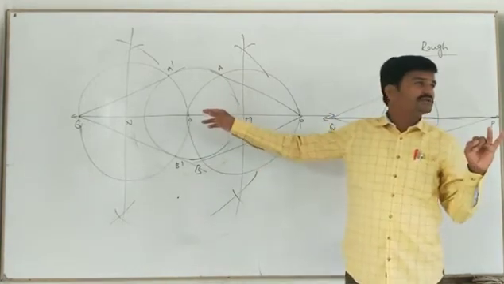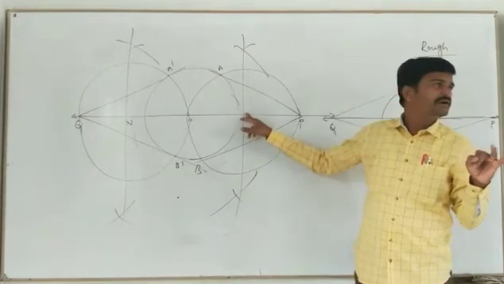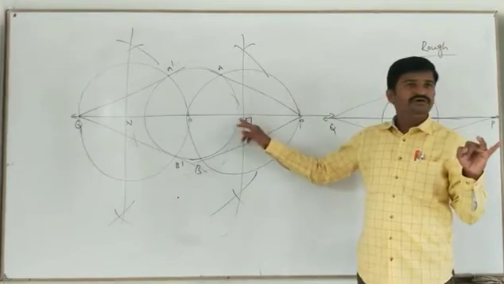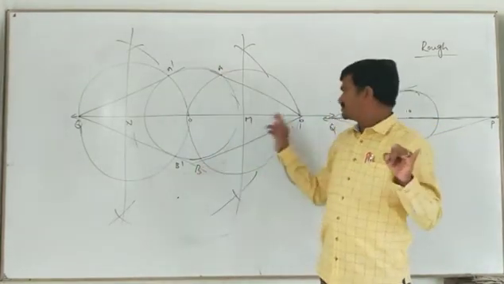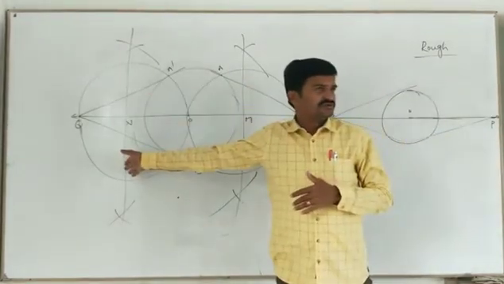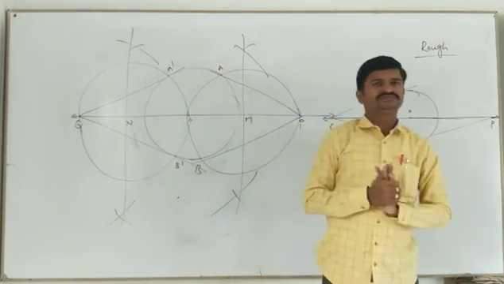Draw the perpendicular bisector for OP, which intersects at M, and draw a circle with radius OM or BM, which touches the previous circle at two distinct points A and B. Join PA, PB. The same process here also. Are you clear? Will you be able to do it or not? Come on, do it fast.